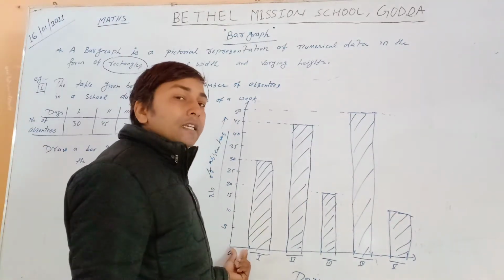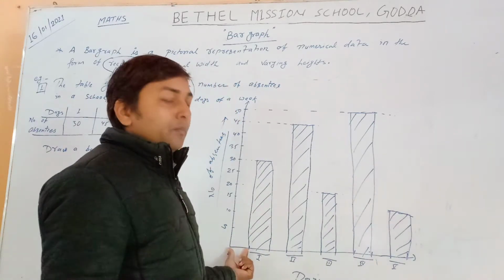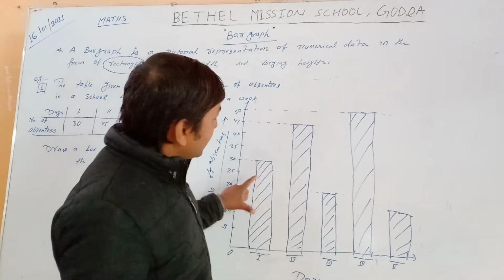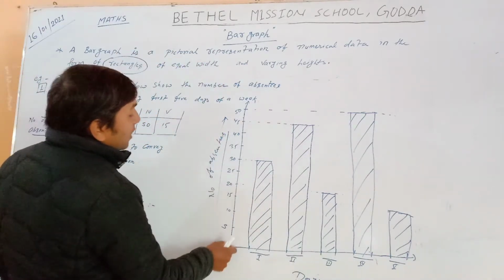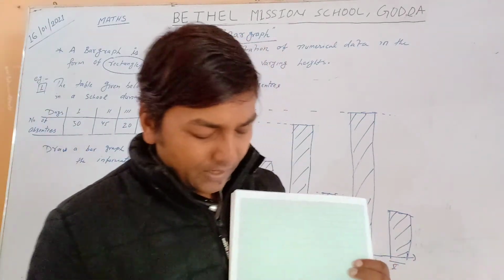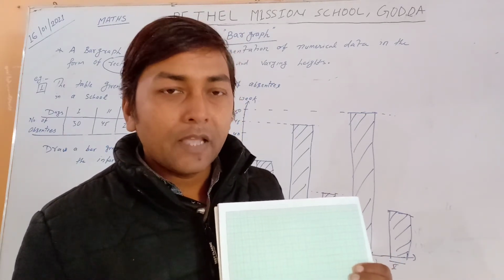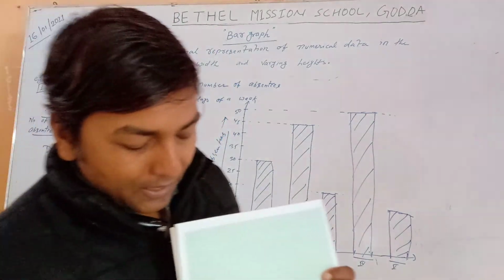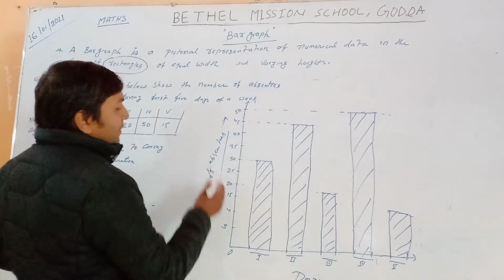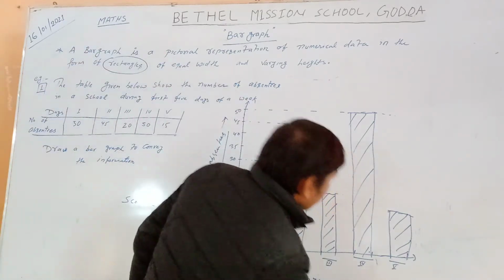So you will take first day, second day, third day, fourth day, after leaving one space, one box, and take. Okay, and then along the vertical line, each square, each centimeter, you will take 5 absentees. Okay, 5, 10, 15 you can draw, and like this you will write. And with the horizontal line you can take the days.